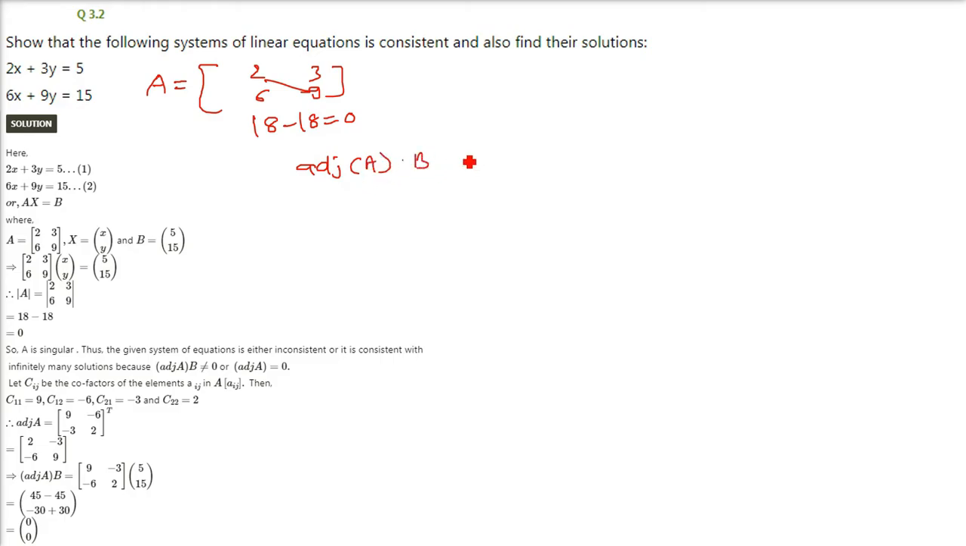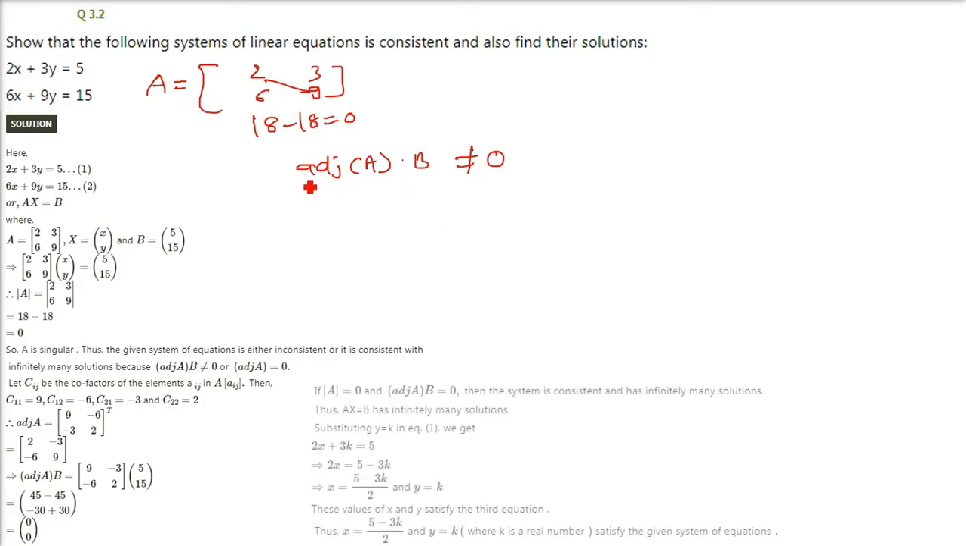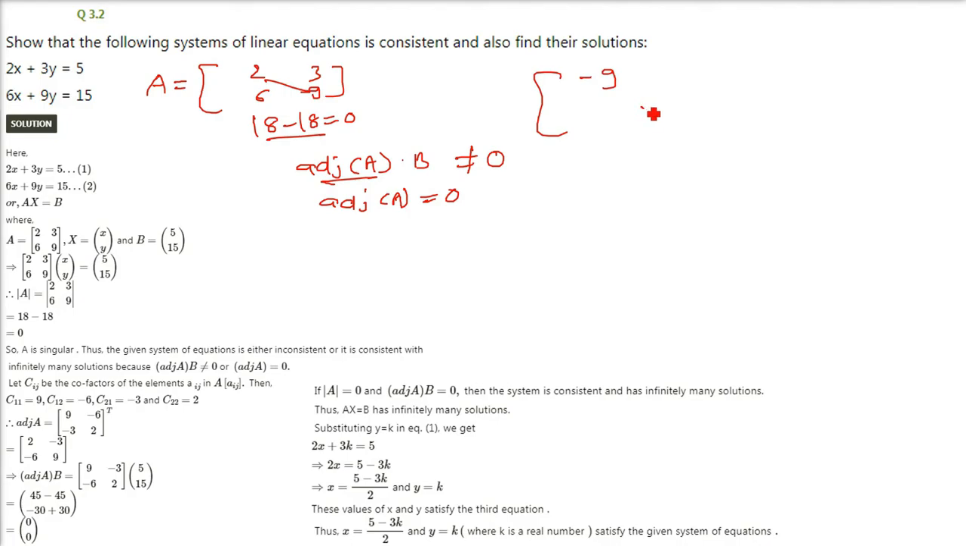If this also comes to 0, then we'll do the same thing that we have done earlier. When adjoint of A is 0, that is a different scenario. We'll talk about that, the questions are coming. But right now, determinant of A equals 0 and adjoint of A into B equals 0 is the main key of these questions. So I'm writing the adjoint and then multiplying it with B, 5 and 15, you get 0